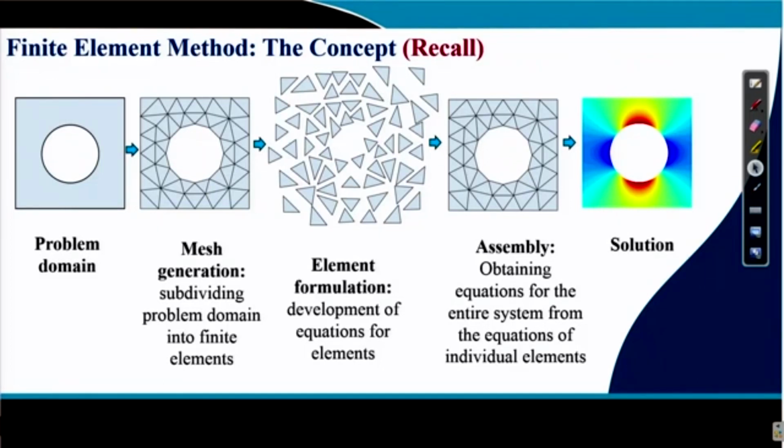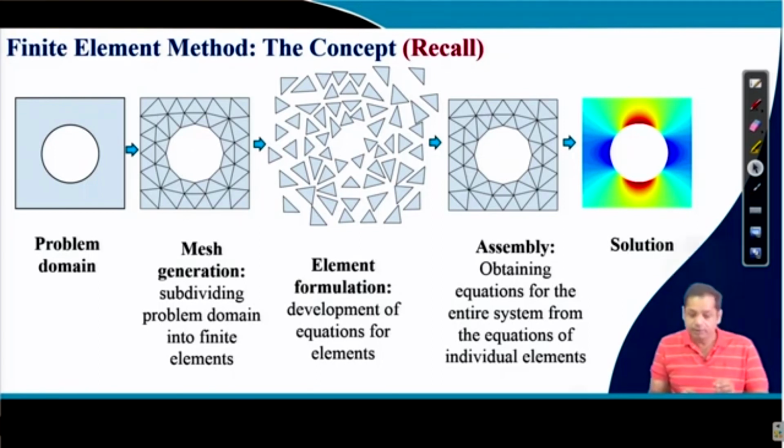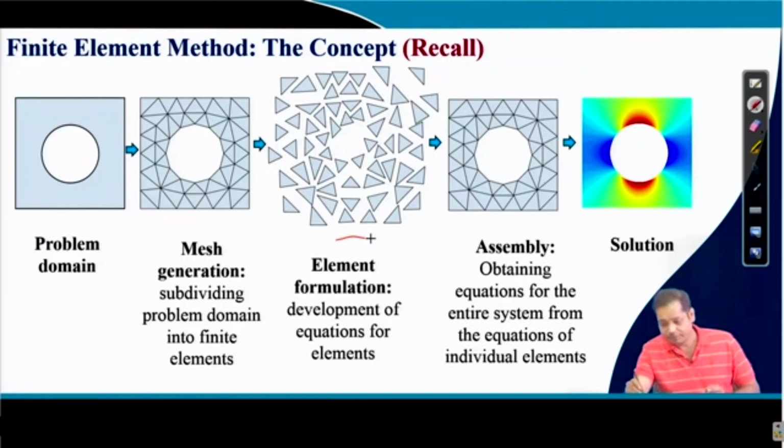We had already discussed this, and we had also discussed that the element formulation, step 2, is the most important, and for the rest of the course we will be talking mostly about element formulation. It depends on what the governing equations are, what kind of problems you are doing. But then for some simplified systems,